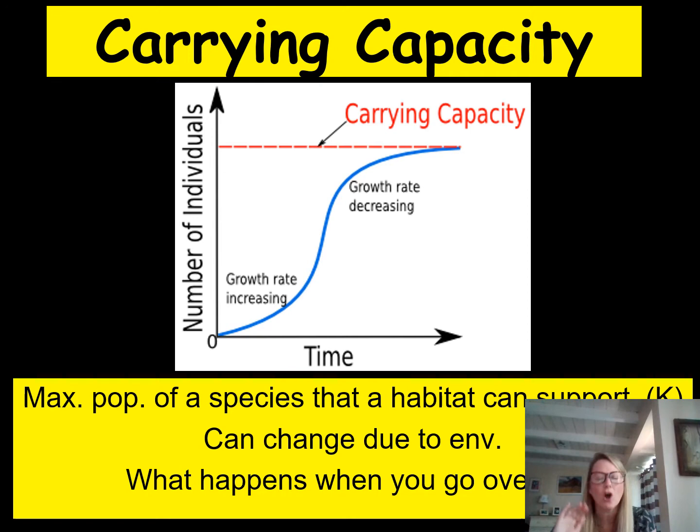So again, you can always find the carrying capacity of a population if you graph their numbers and you just look for where it levels off or where it stabilizes. Draw a line to the y-axis and you can see the number of individuals. You may get asked this on an AP test or some sort of multiple choice question test. It tends to come up a lot. So again, a carrying capacity is pretty much the maximum number of a population that an environment can hold healthfully.